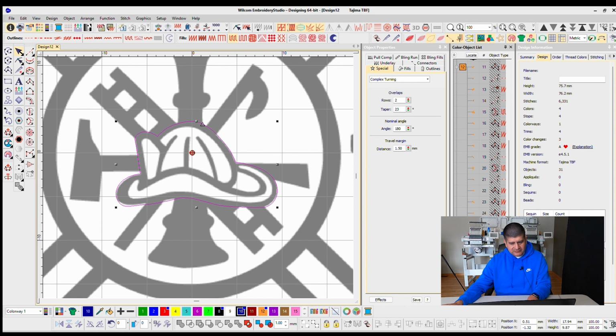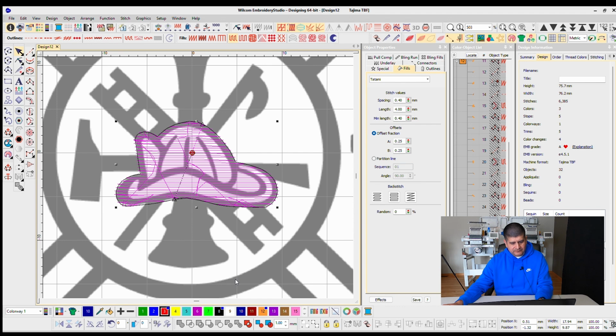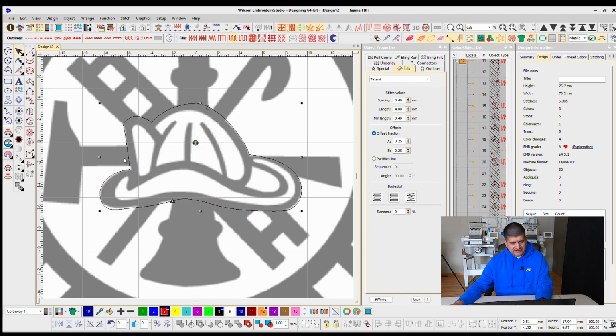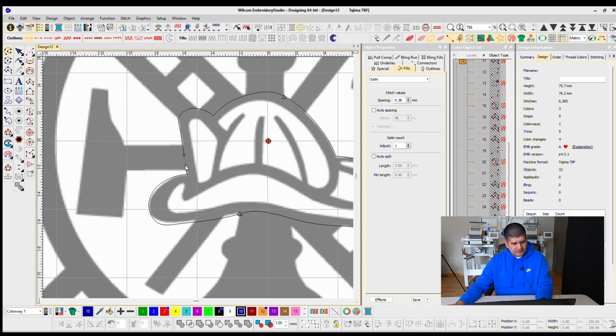So what I'm going to do, I'm gonna duplicate our helmet and turn it into a run stitch. Turn it black. Okay, so really, let's turn this red. Okay, so what it's starting to look like is like this. Okay, so now it looks like this. Let's go ahead, let's add the necessary details. Okay, so bam, all right, so by putting a run stitch,